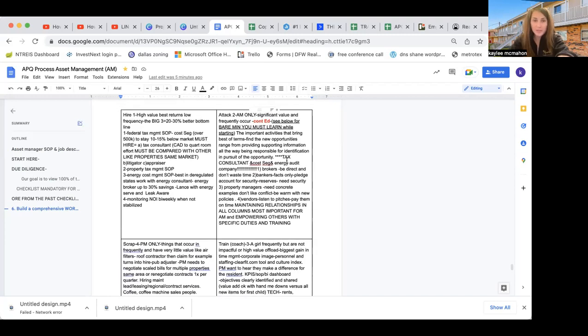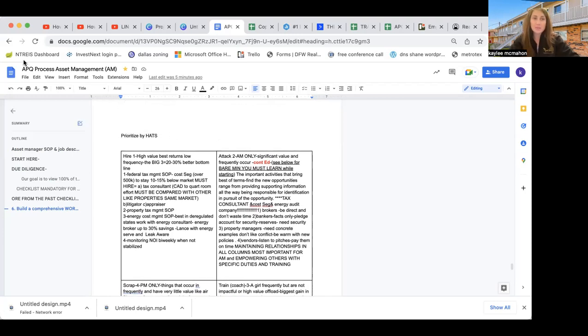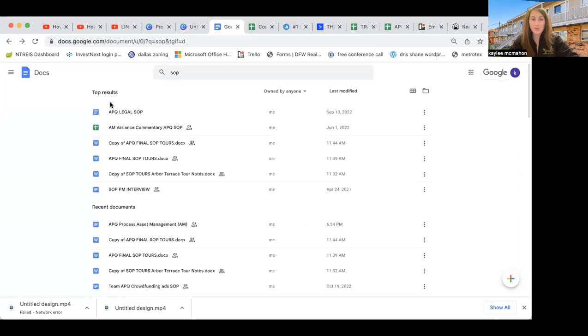manager does column. Number one, they're going to work with brokers. Two, work with bankers. Three, work with property managers. Four, work with vendors. And again, this has to do with the larger vendors, not every little bill that the property has. So that is the deepest I'm going to go into this SOP, but that's one of our most important ones,